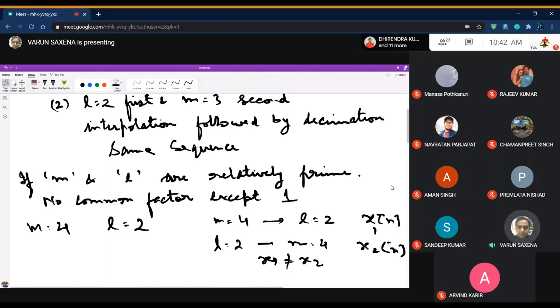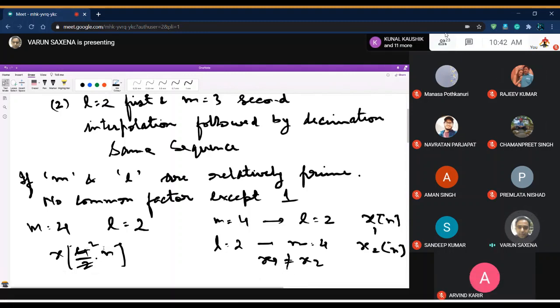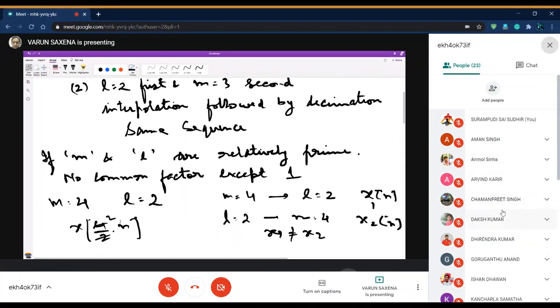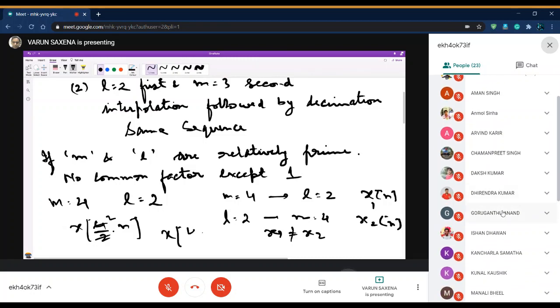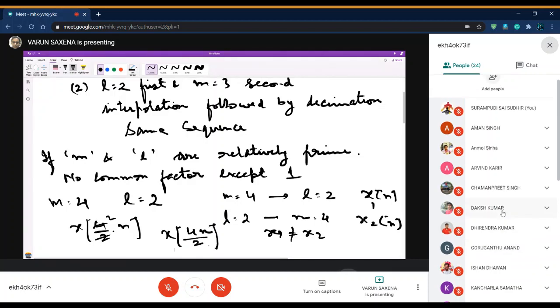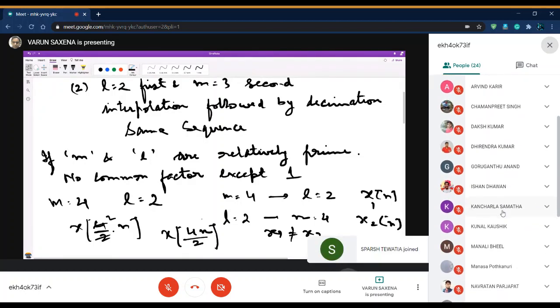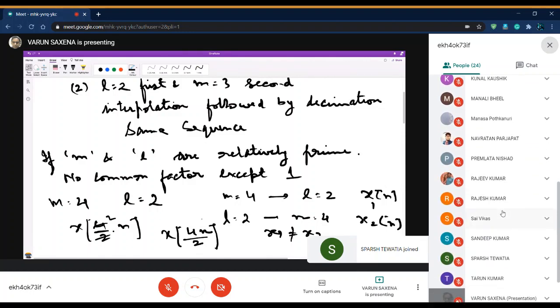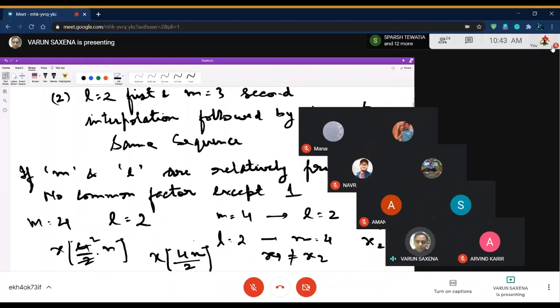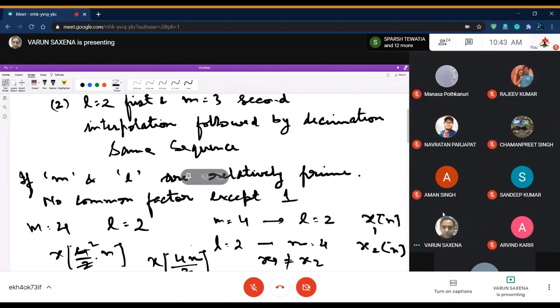Then there was a question that was asked: suppose, sir, we have something like 4n by 2, then can't we just cut it out and make it 2n? Well, of course you can do it, but that means that then you cannot apply the operations. If it was a simple thing that could be cut like numbers, you can do it, but over here we are trying to relate this 4 to the process called decimation, and this 2 to a process called interpolation. So if you want to see the overall result of interpolation followed by decimation or decimation followed by interpolation, you should not cut it, because right now 4